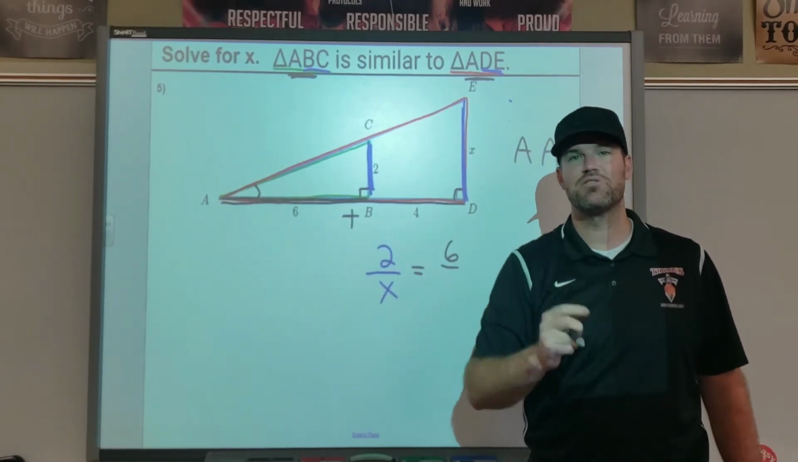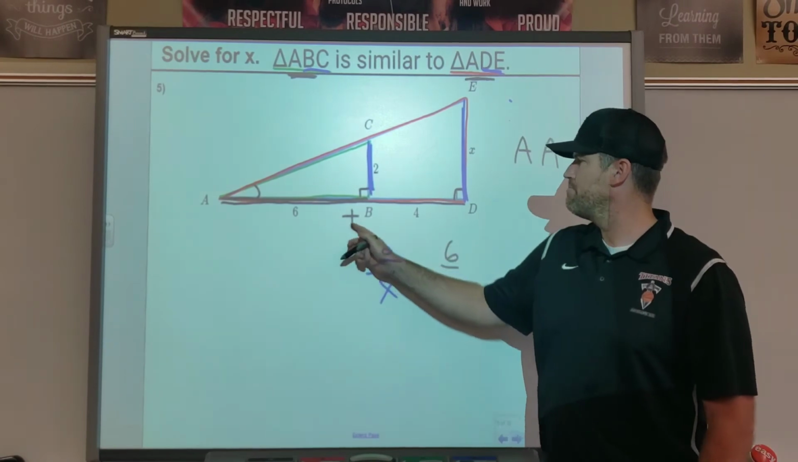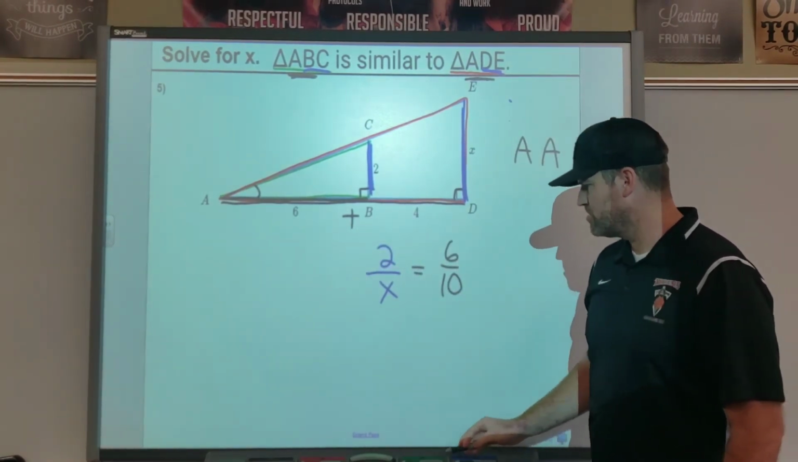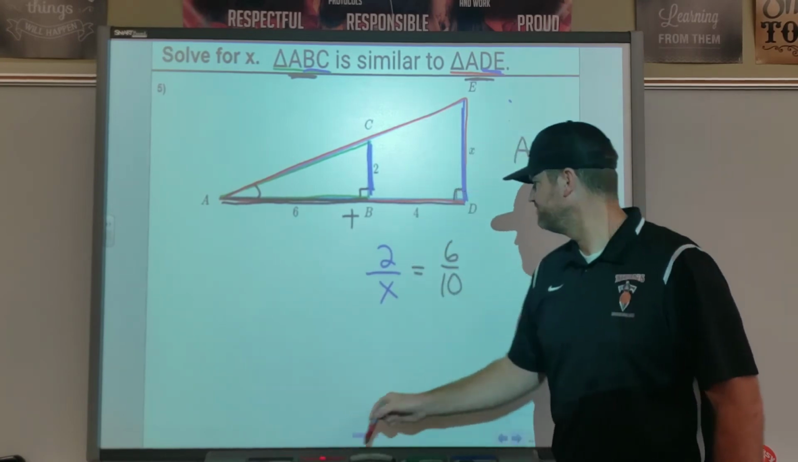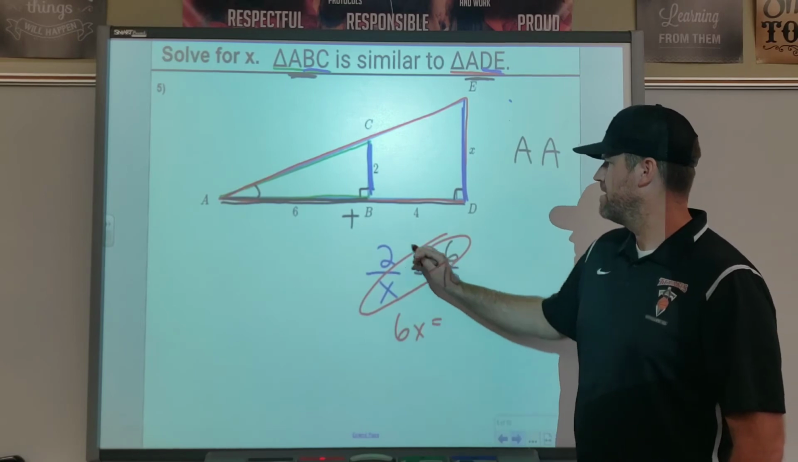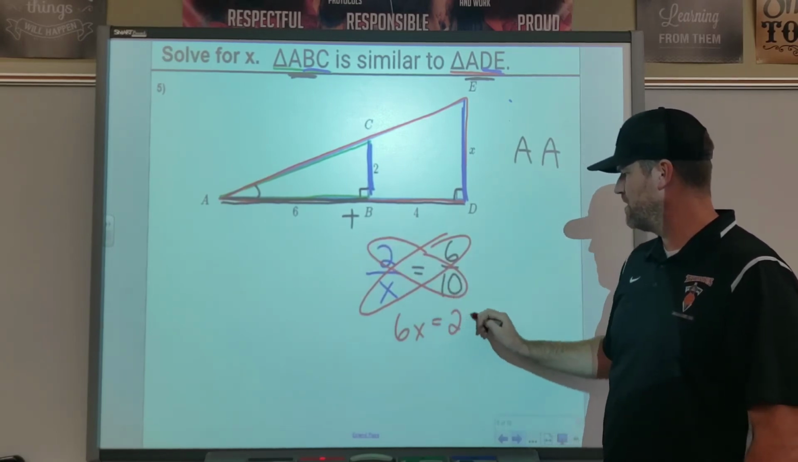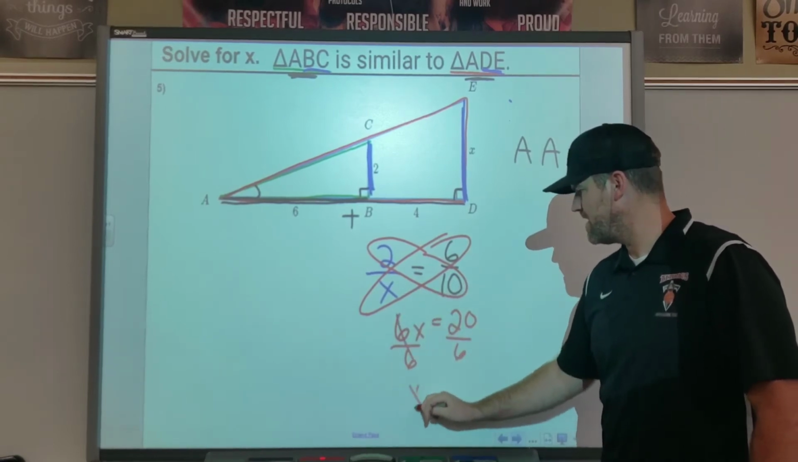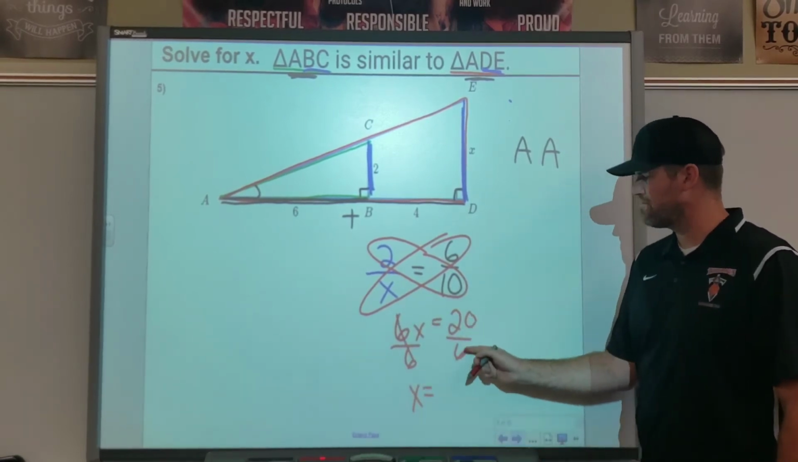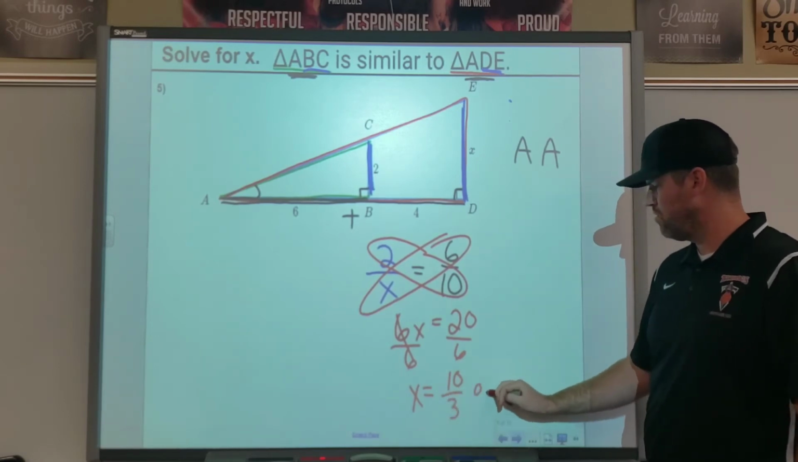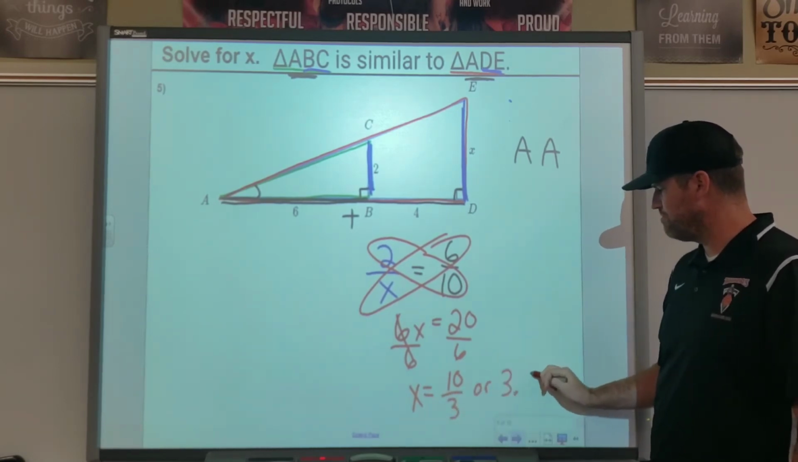Hey, segment addition, we did that in week 1. 6 plus 4 is 10. So now I have my proportion that I can go ahead and solve. If I cross multiply, I get 6x equals 20. Divide by 6. And I get x equals 20 over 6, which reduces to 10 thirds. Or if you do that as a decimal, that's